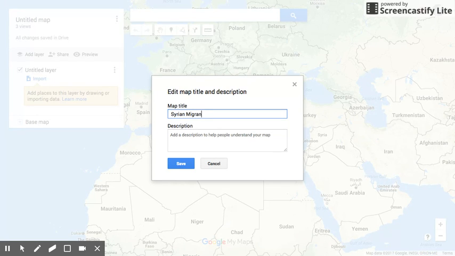And you're going to change it to Syrian Migrant Map. Or Syrian Migration is probably better. Syrian Migration Map. And the description is going to be tracing the refugees fleeing the war, the civil